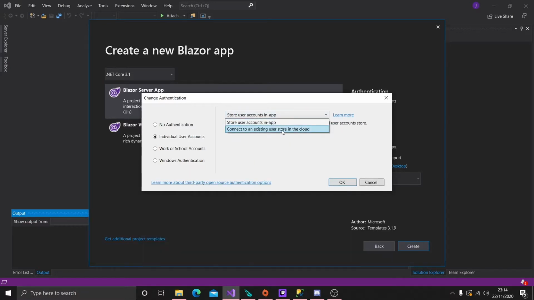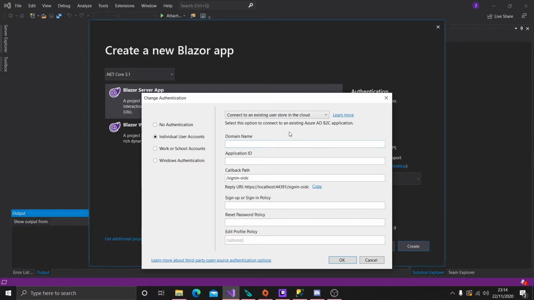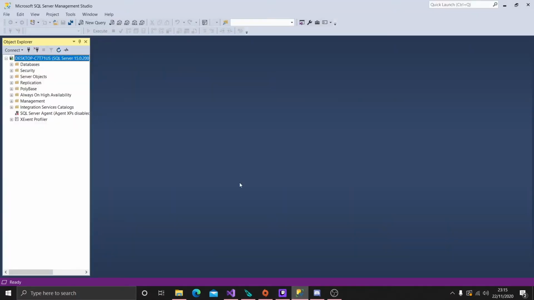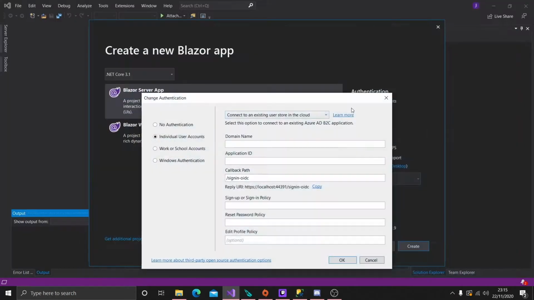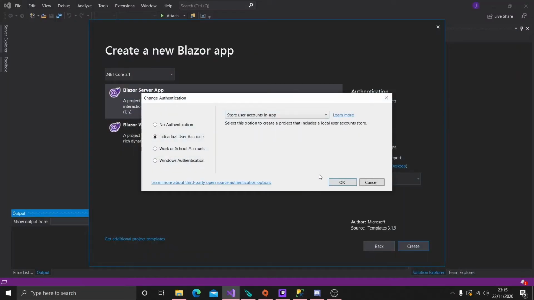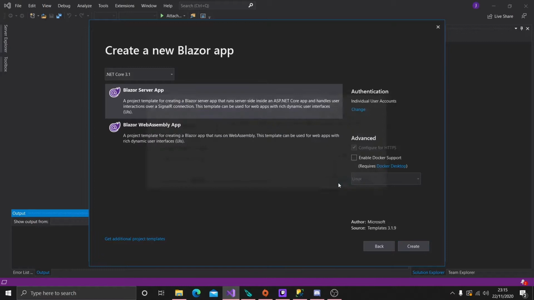The storage in cloud actually allows you to connect to the Azure Active Directory B2C and register users and store them against the Azure user directories there. For this though, because I'm running SQL Server locally, we're going to store users in app and